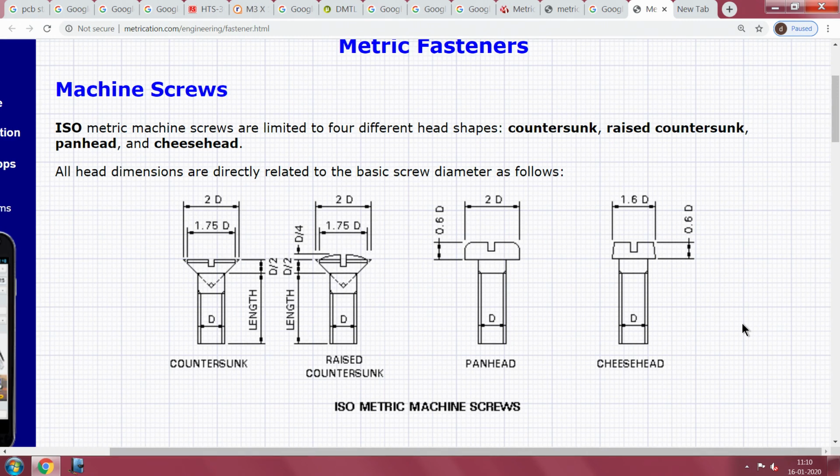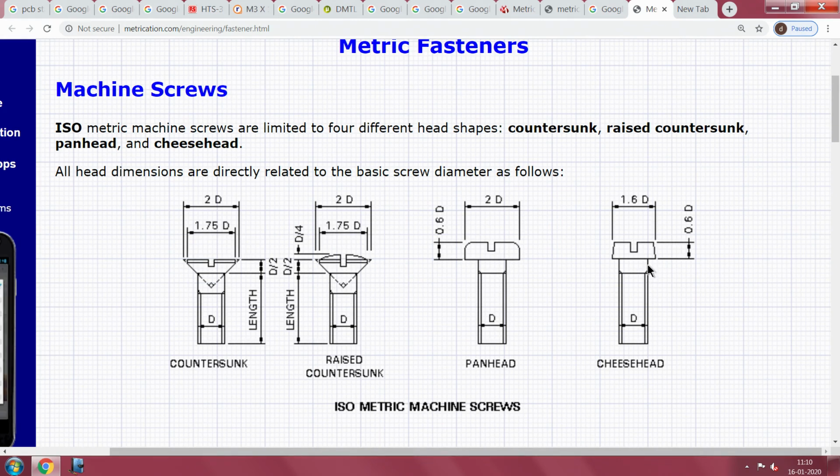Now, conventionally we have two types of screw heads everywhere. I am sure several of us have seen this, which is called a cheese head. Why it is called a cheese head is it is supposed to look like a bit of cheese.